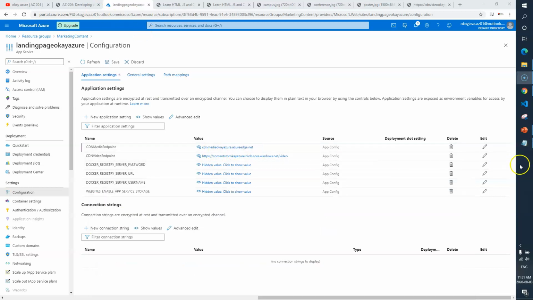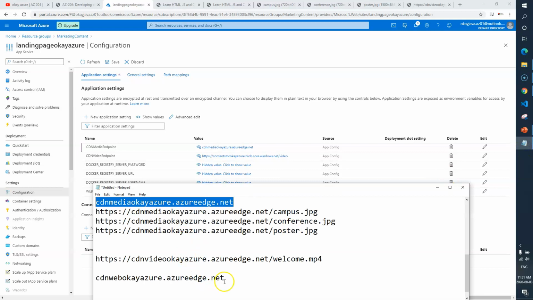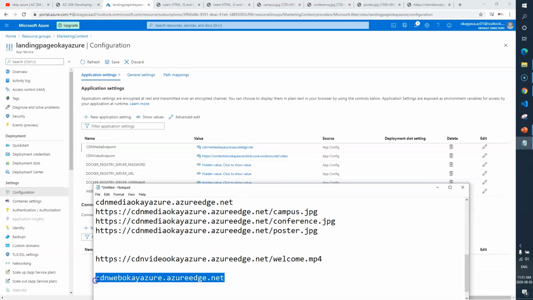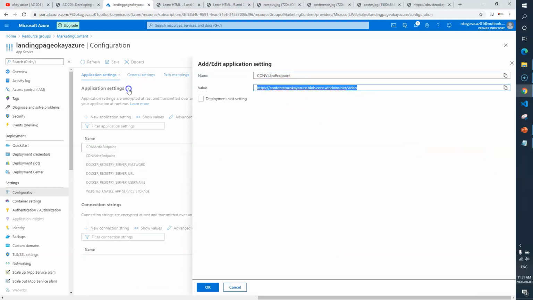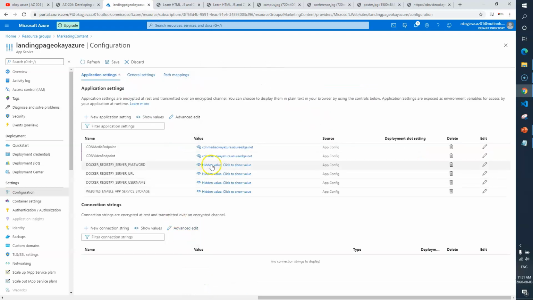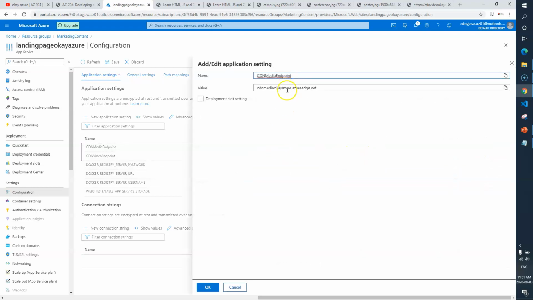Let's do the same for CDN media, and then CDN video. Let me just go and add it. I think we need to add HTTPS as well, so let's do that first.